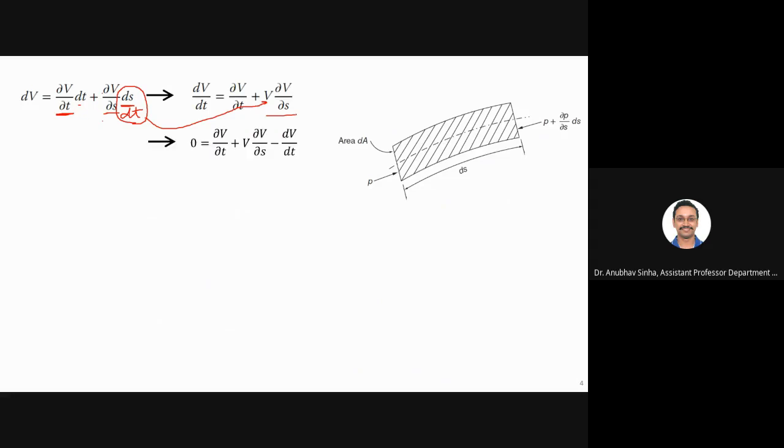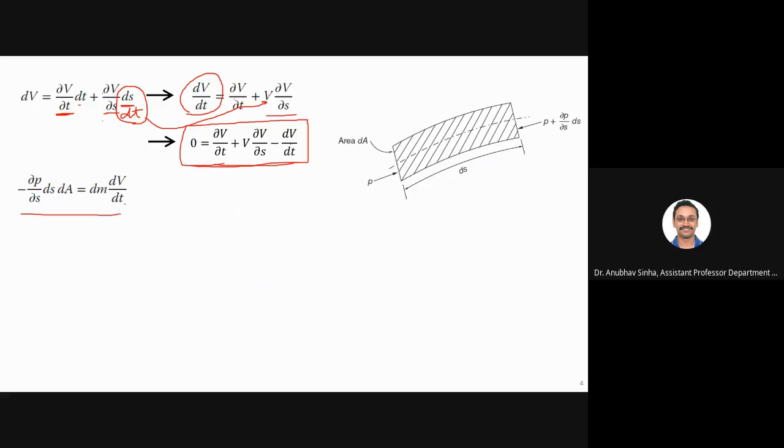Now we will talk in terms of steady flow, or basically I will say that del v by del t is 0. Oh sorry, we will not take a steady flow assumption now, we will just move this to the RHS. So I will say dv by dt plus this minus this whole thing is equal to 0. This is what we had in the last slide, if you remember.